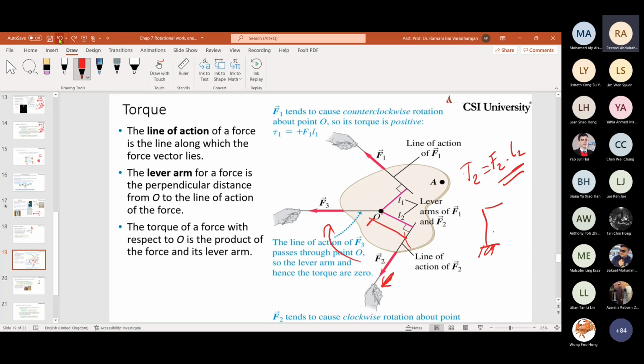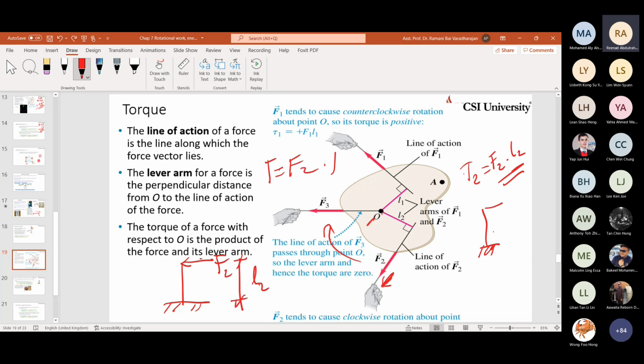You can also define it in a simple way, the way you learn momentum. If this is the thing and a force is applied, it will move, right? So the force into the distance is called what? L2, for example, or height L2. Assume this is causing rotation. The rotation force caused by F2 at a height of L2, and the torque is given by F2